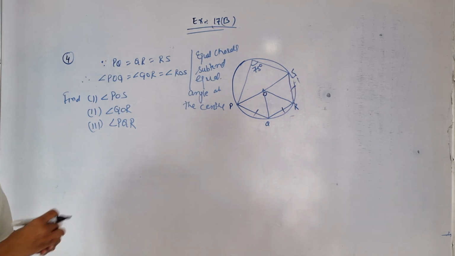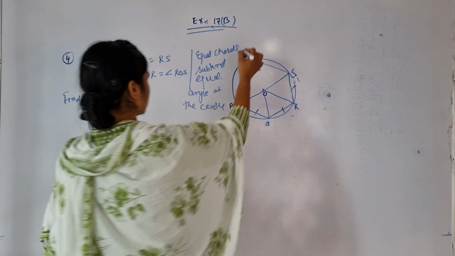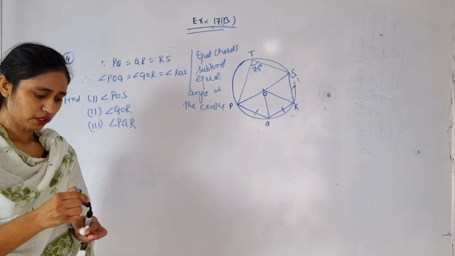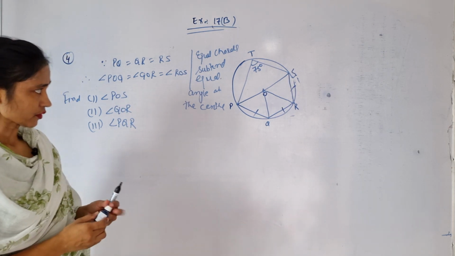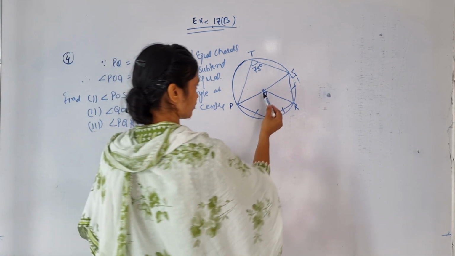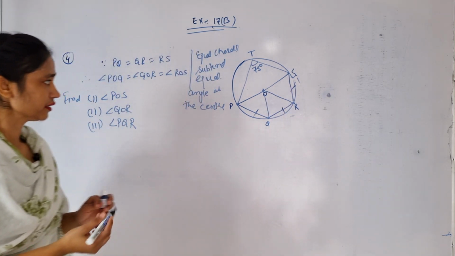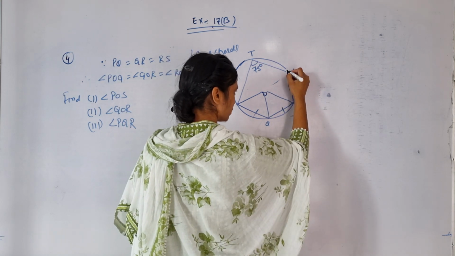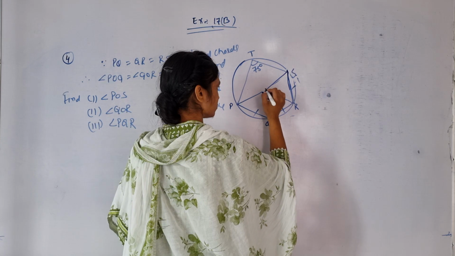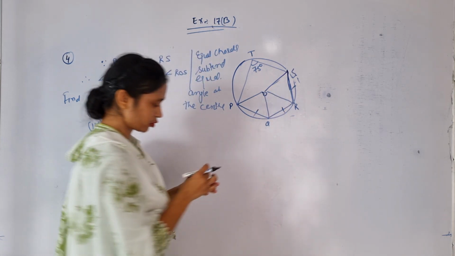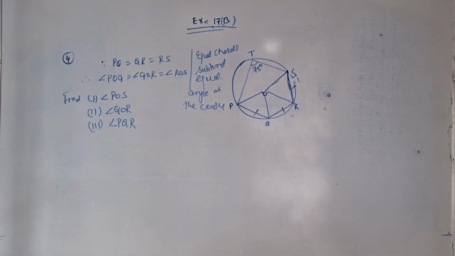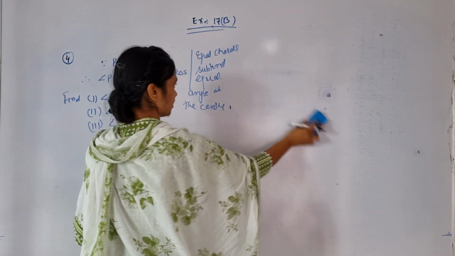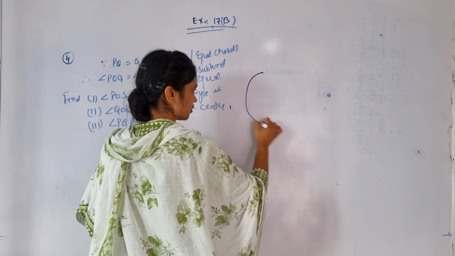So see what is given there. T is here. From chord PS, one angle is at the circumference of the circle and one is at the center of the circle. It looks like a straight line, but it is not actually a straight line. Let me draw the figure again, because from the figure, that line looks like a straight line.